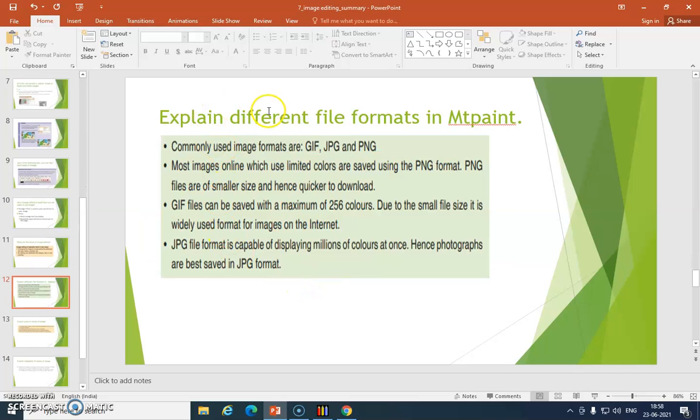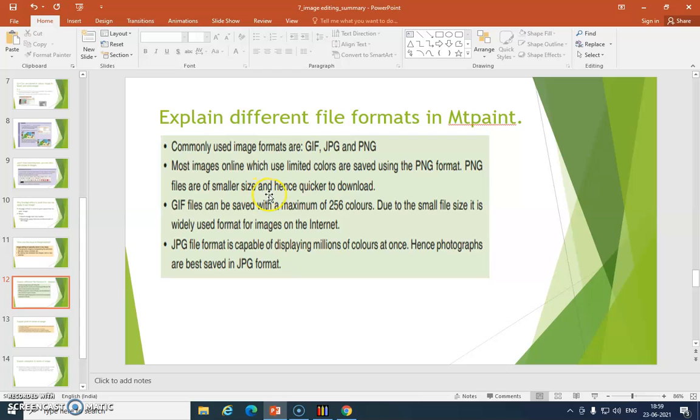Okay, apart from that, when you want to save your image, you have to go through different file formats. Some commonly used image file formats are GIF, JPG and PNG. Okay, all of them have some unique features. So depending upon that, these file formats are used to save your images. Most images online which use limited colors are saved using PNG format.